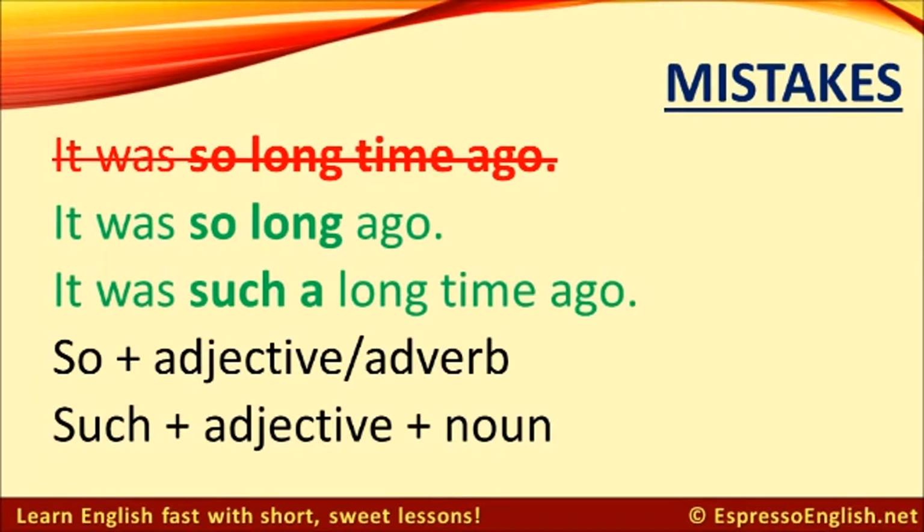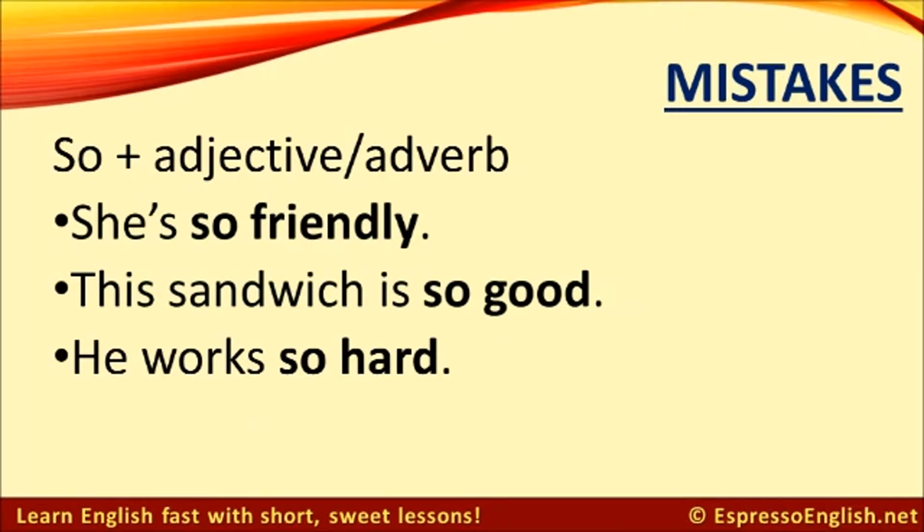Here's the next one. Don't say, it was so long time ago. The correct ways to say it are, it was so long ago, or it was such a long time ago. Use so plus an adjective or an adverb, and use such plus an adjective plus a noun. Here are some examples of how to use the word so plus an